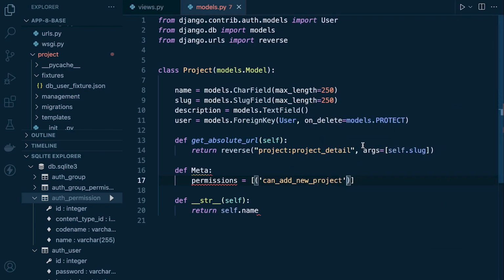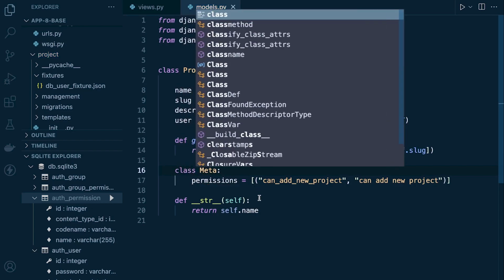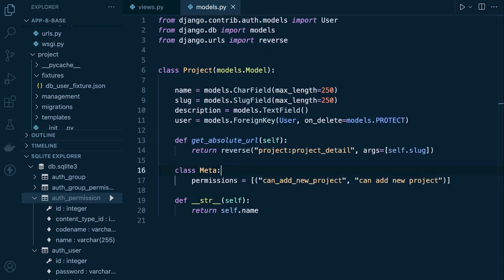And then in addition to that, we can then add some sort of description. So user, or let's just say can add new project. There we go. So let's just remember this is not a function. This is a class. Apologies. Okay, there we go. So now we have our new